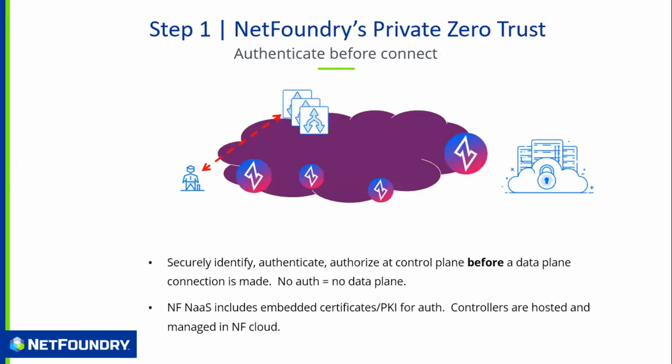And so with this in mind, what does NetFoundry private zero trust look like? Well, it starts by using incredibly strong cryptographic, public-private identity. And when I try to access a cluster or the Kubernetes API that sits on OKE, what I have to do first is authenticate to the system using my public-private identity. And if I don't show that identity, there's no access to the system.